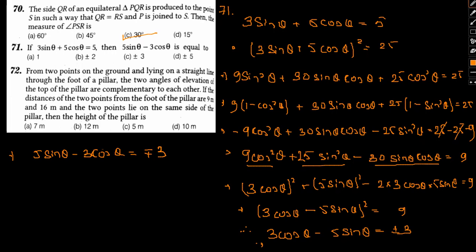Okay, so either way it's plus minus or minus plus, just the sign will be changed. So this should be our answer, plus minus 3, option C. Okay, I hope this is clear. So with that said, let's move on to number 72. I hope the questions so far are clear.